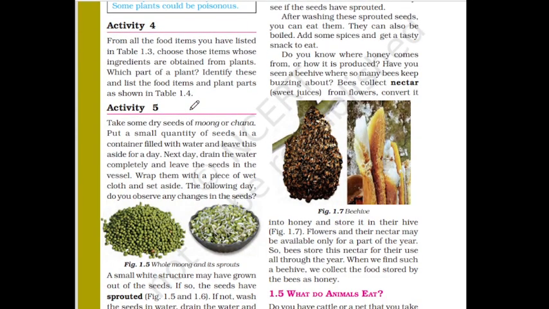Now let's move on to activity number 5. In this activity number 5, this is considered a very important activity. Basically a question can be asked to you: how to make sprouted seeds. Okay, how can you basically make sprouted seeds, there is a very simple procedure, nothing very difficult. Firstly you are going to take some dry seeds, it can be of moong and it can be of chana. Then what you have to do, you have to take these seeds in a small quantity, right,